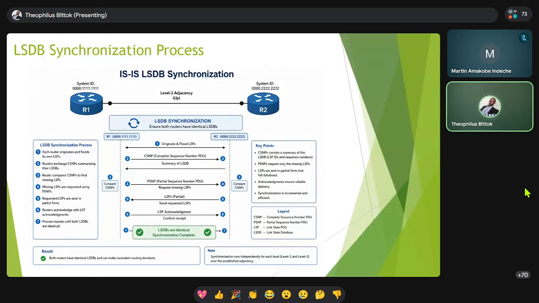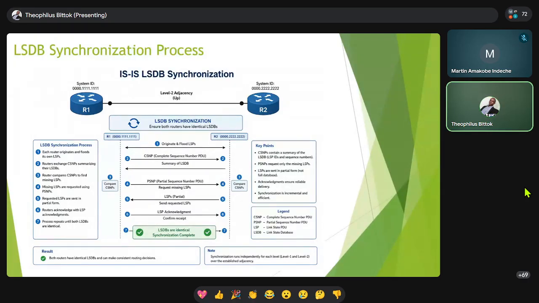Let's say, for example, I receive a CSNP from my neighbor, let's say a CSNP of 10. And then maybe for me, I had a CSNP of 6. So I'm going to send a PSNP to my neighbor telling them, by the way, I am missing 7, 8, and 9. Could you send me? So that is the work basically for the